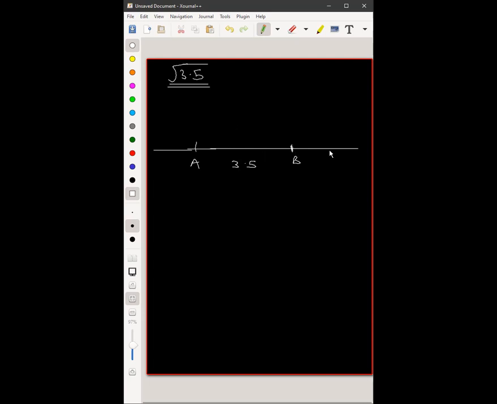From B, we will compulsorily mark only 1 unit here and let this point be C. Okay. The first step, whatever root we are trying to find out, we mark that as AB. From B, we take 1 unit and mark it as C. Okay. So sir, 1 unit is 1 centimeter? Yeah, right? If you're taking centimeters, you take 1 centimeter. Whatever it might be. We don't mention the units, we just write units, right?